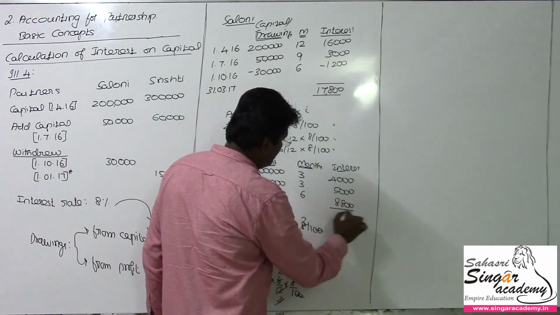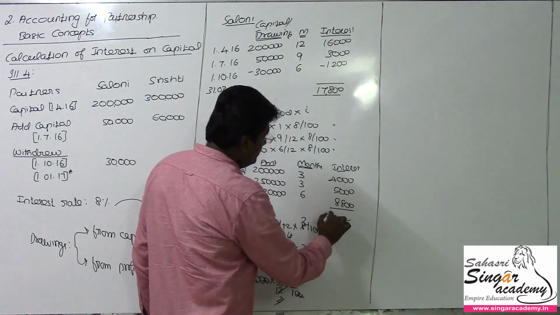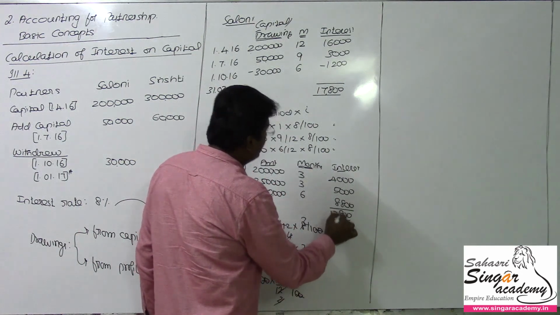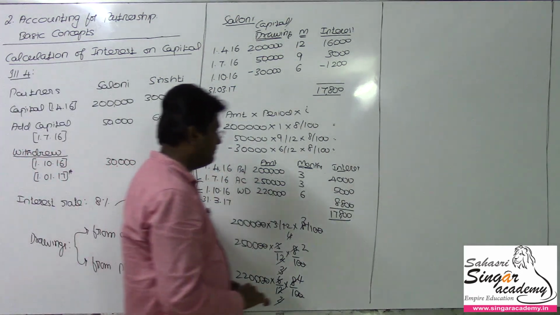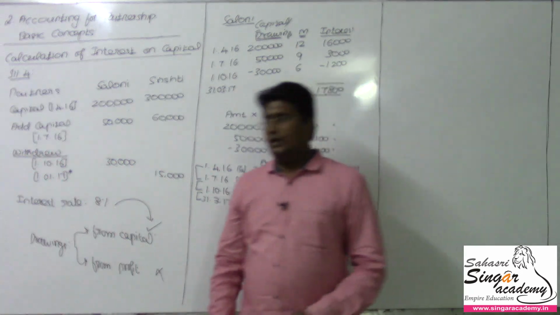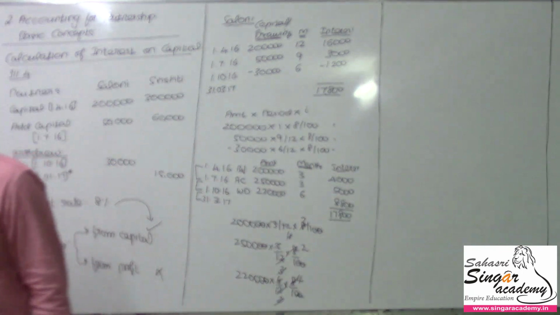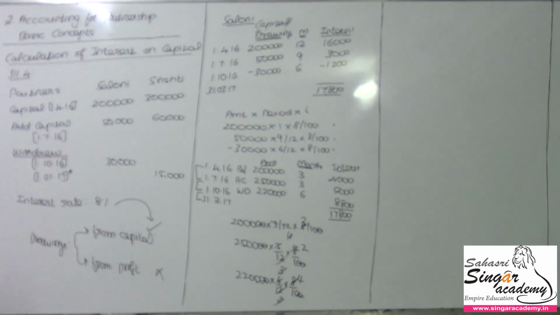If I sum up all these things, that will be the ultimate value. We will be getting 17,800. So we get this value similar to the way how we got the earlier case also. These are the 2 methods we have. Of course, we have one more method called the product method. Let me finish up under product method 2 here.